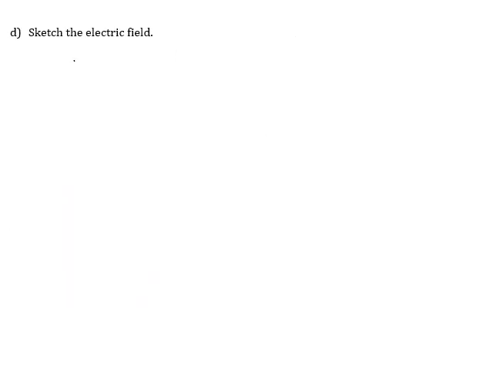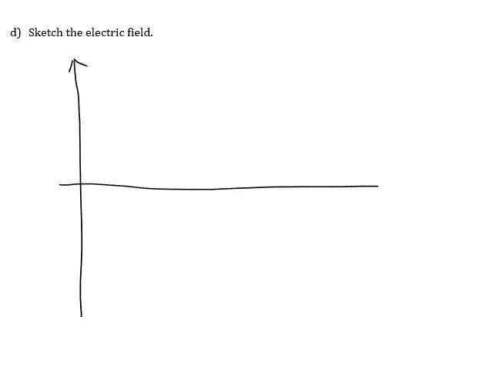For the last bit, we're asked to draw the electric field. So let's put on our axes. We'll put our distance on the horizontal. We'll put our electric field on the vertical. The spots of interest are the radius of the insulator, the inner radius of the conductor, and the outer radius of the conductor. Okay, first bit, if we're inside the insulator,